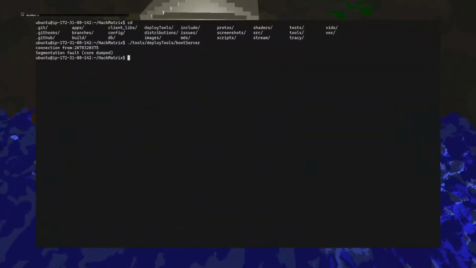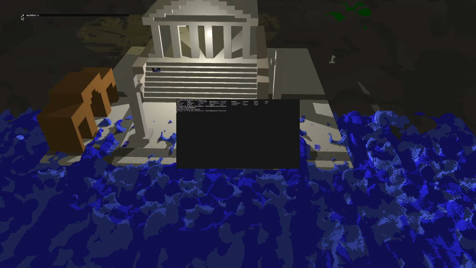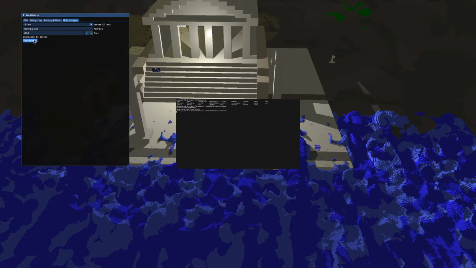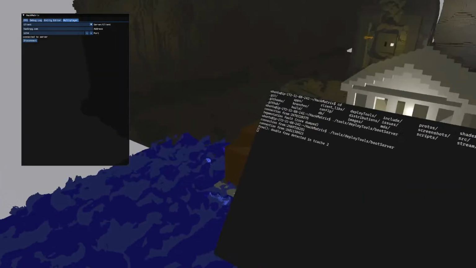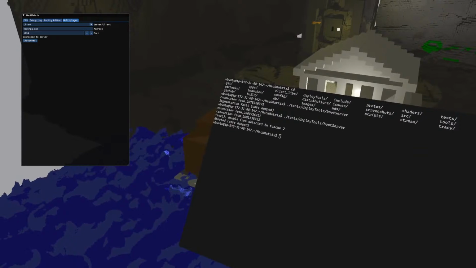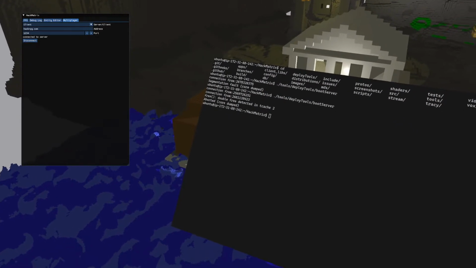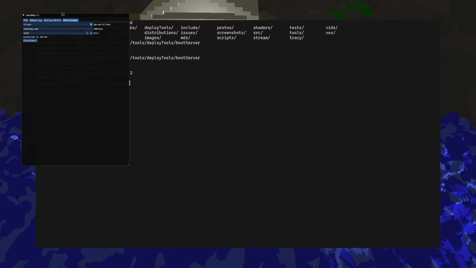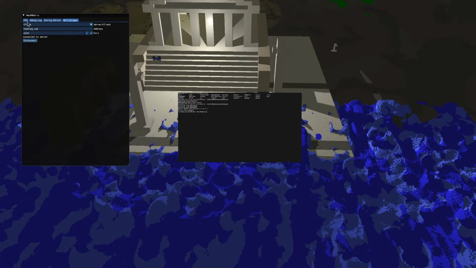Man, I don't know why it's seg faulting like this. Let me try this again. It may be seg faulting because maybe it's not sending the round trip packet or something correctly. Okay, so I'm connecting again, and there are two connections. Free Tcache. What is that? So I'm going to disconnect first and then reboot the server.